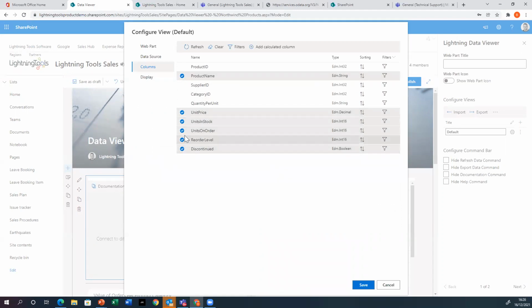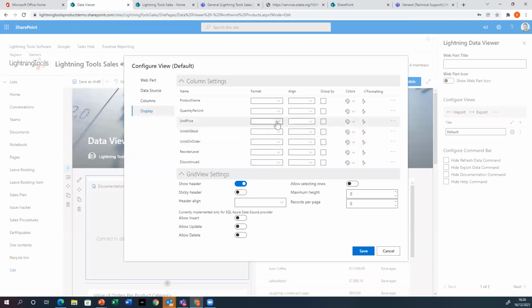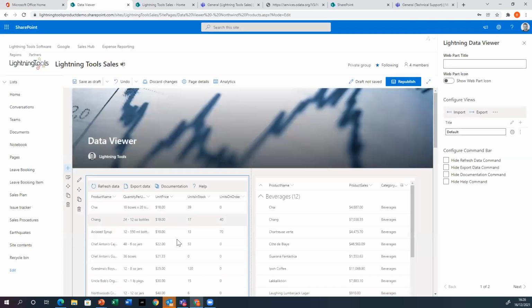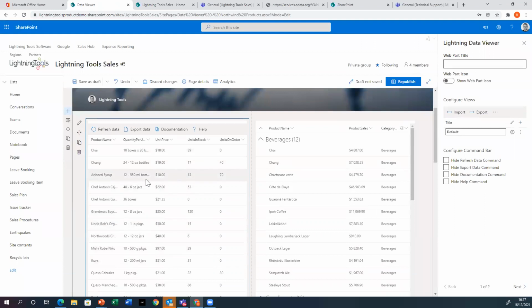This is more food and beverages, as opposed to the other one being bicycles. But we'll select these columns here. And under display, again, we'll go through and set things like the unit price as a currency and things like that. Okay, so once we've got that created, I want to show you how we can also start to highlight